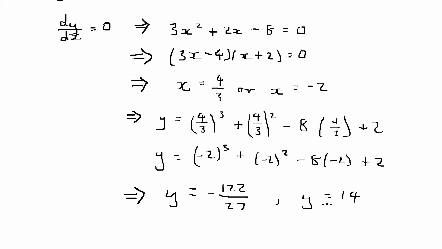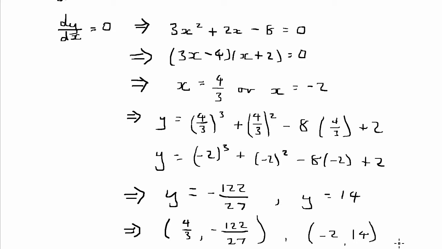Let me reassure you, you wouldn't be given such a horrible number to deal with if it were a non-calculator paper. They would design the questions so they come out quite nicely. But in this case, we have found that there are two stationary points. There's one with an x-coordinate of 4 over 3, which has a corresponding y-coordinate of negative 122 over 27, and there is also a point with an x-coordinate of negative 2 and a y-coordinate of 14. We've therefore found the maxima and minima points